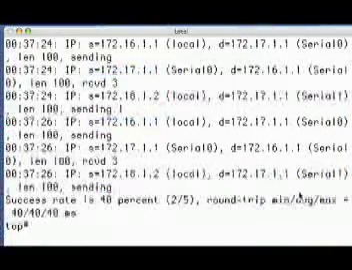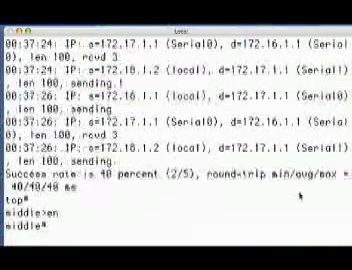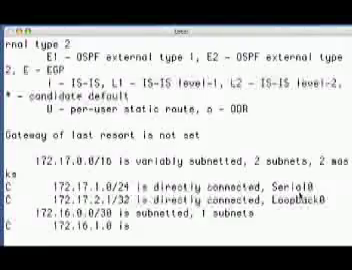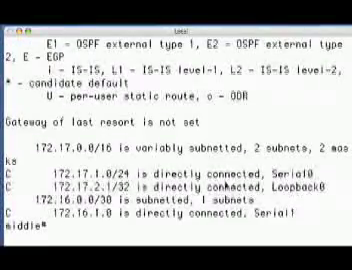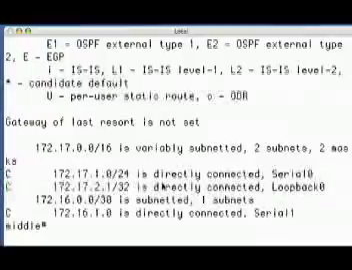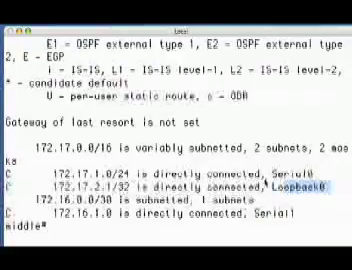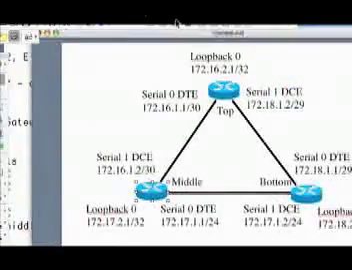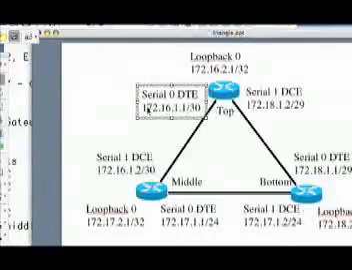Now logged into the middle router, show IP route. The only routes I have are my directly connected subnets: Serial 0, Serial 0, Serial 1, and the loopback. So when the ping came from 172.16.1.1,